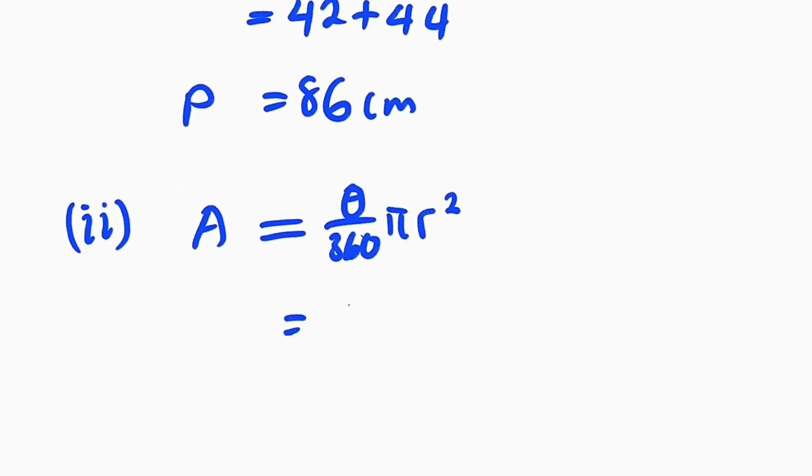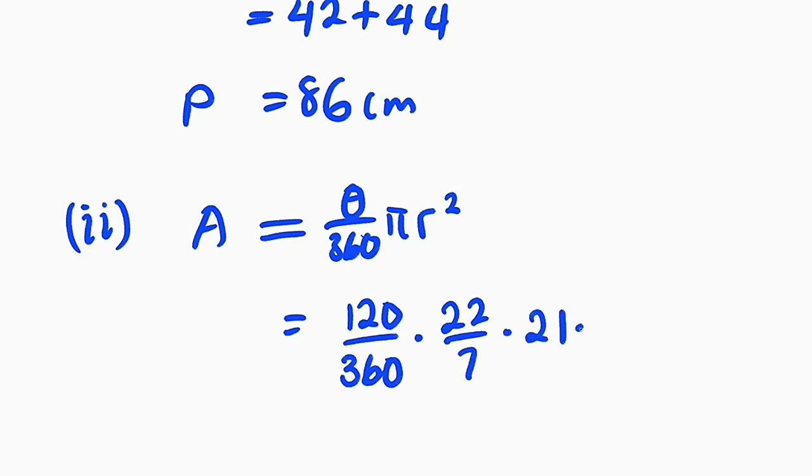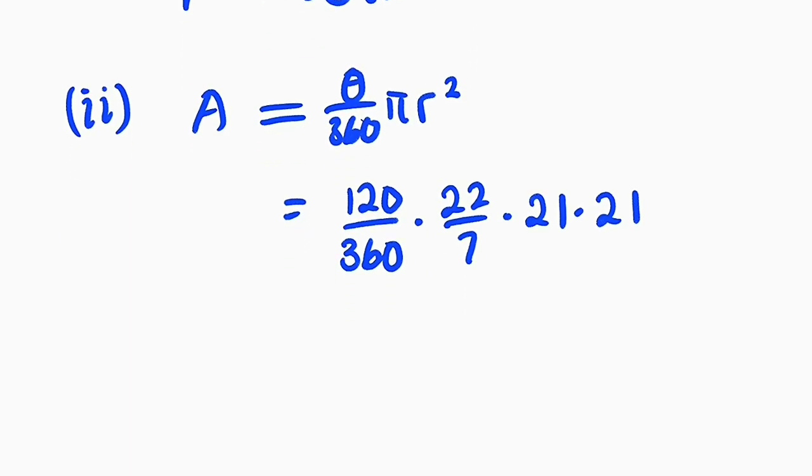And the theta is 120, which is the angle subtended by that sector, out of 360, multiplied by 22 divided by 7, multiplied by 21, multiplied by 21, because r squared means r times r, which is 21 times 21. So I would like to multiply all of this together. We have 120 multiplied by 22, multiplied by 21, multiplied by 21, and this is equal to